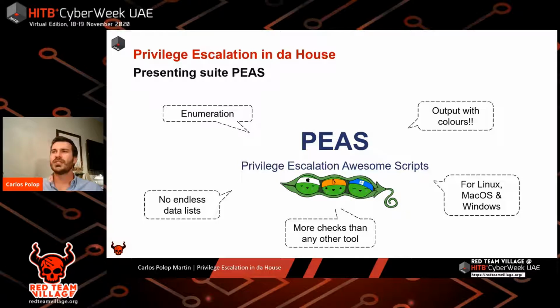Also because some of these scripts just had a really long output full of false positives and useless data. And that was really annoying, because when you were trying to escalate privilege inside a machine, you would just run these scripts, and with so much output, you just won't want to escalate privilege anymore, because you will get bored of reading an endless list of